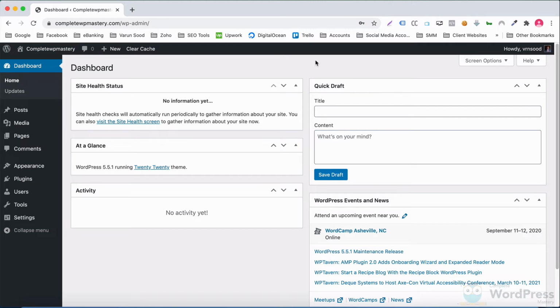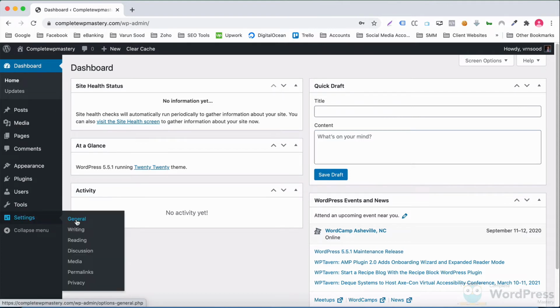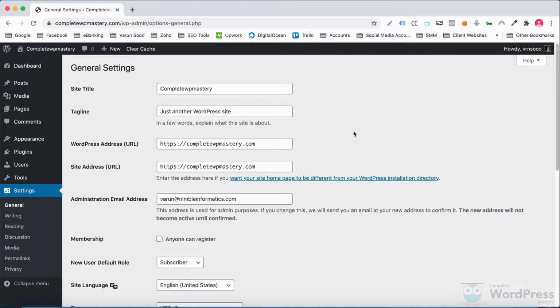Now let's move on to the general settings of our website. It is important to have a meaningful site title which is relevant to the website. In the upcoming videos, you will notice this title will be used at several places. As far as tagline is concerned, try to come up with a catchy tagline for your business. If you do not want to use a tagline for now, delete the default tagline from here because I personally feel it does not look good and does not serve any purpose for your business.